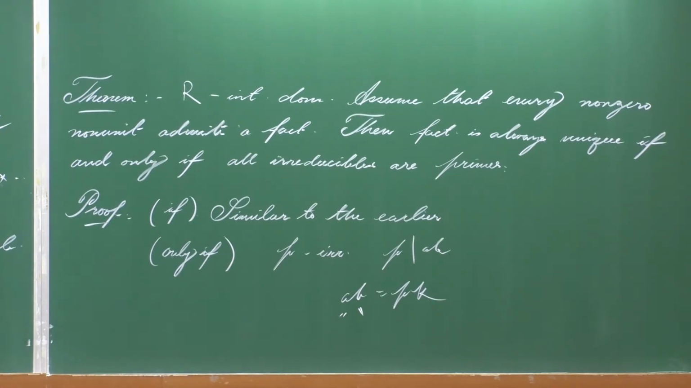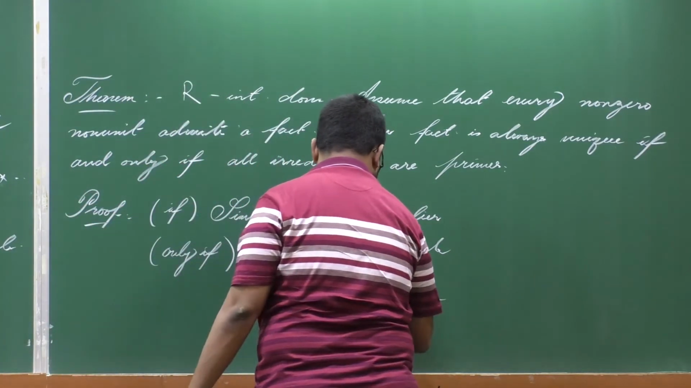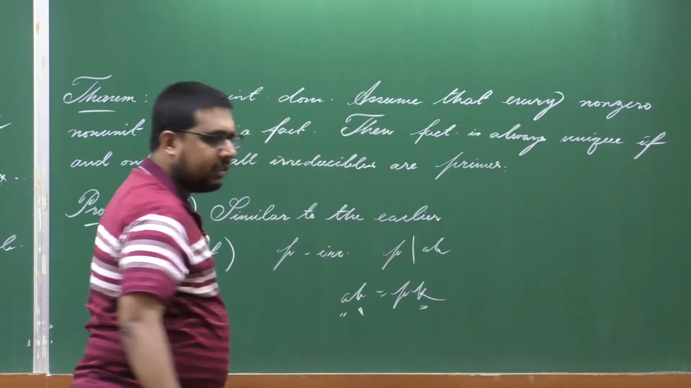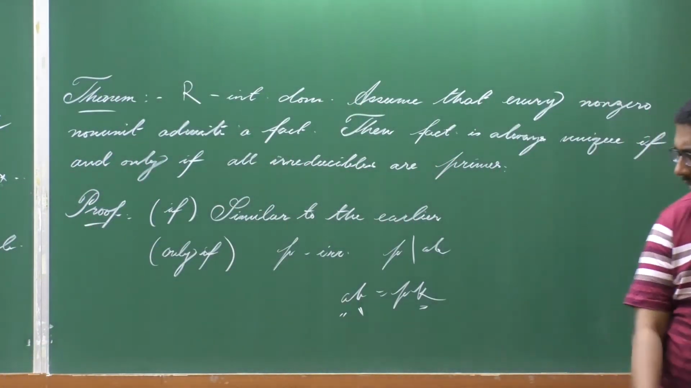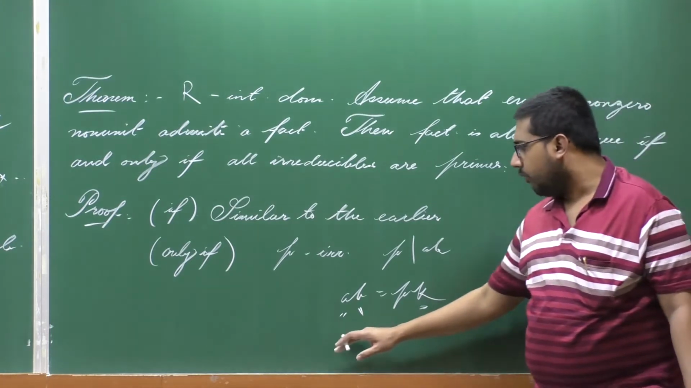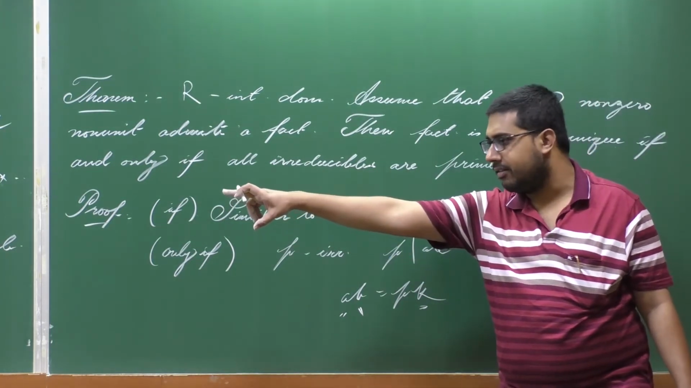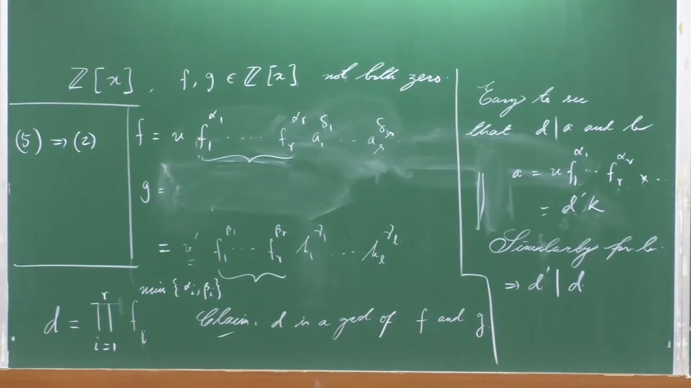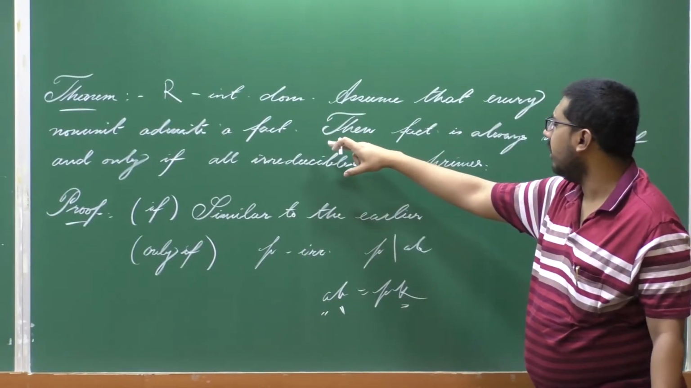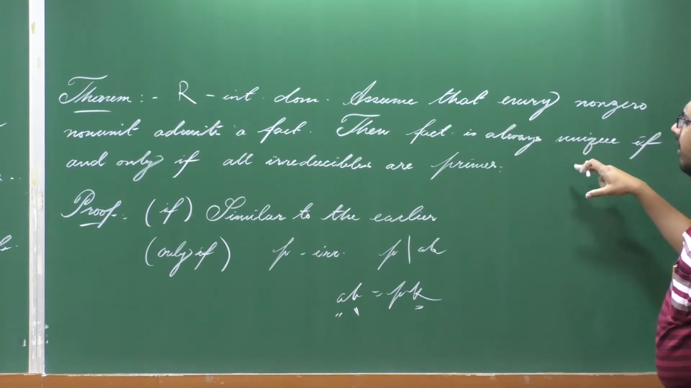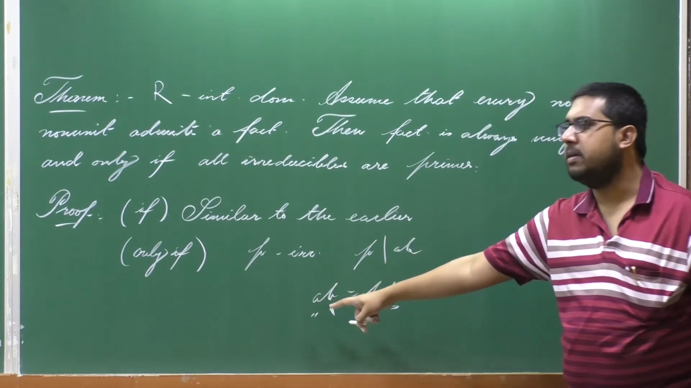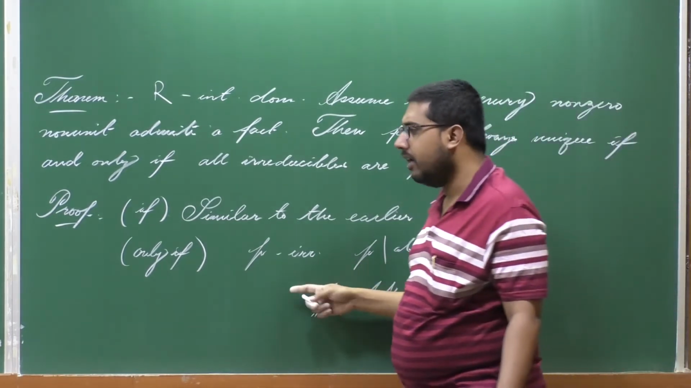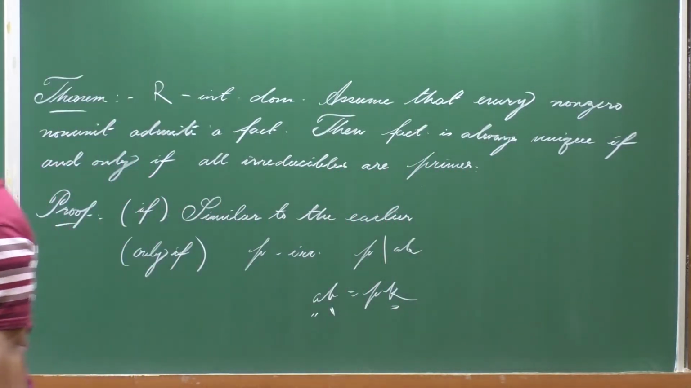And similarly, we can factor K as well into irreducibles. So, after factoring A, B and K, since the factorization is unique, that's what we have assumed, therefore P must appear in the factorization of the left hand side, of course up to a unit,